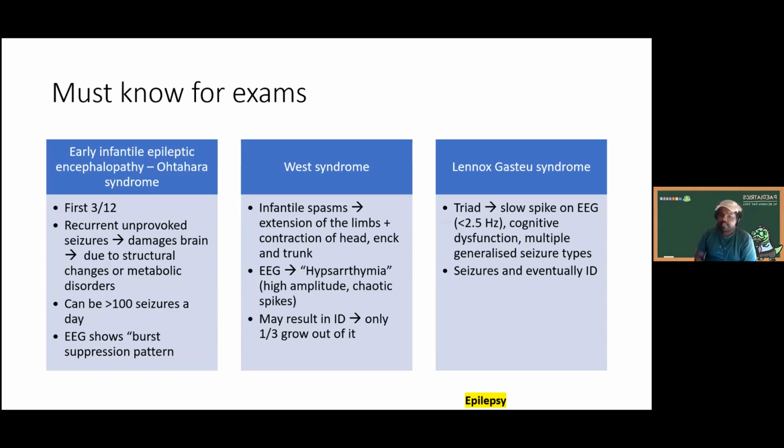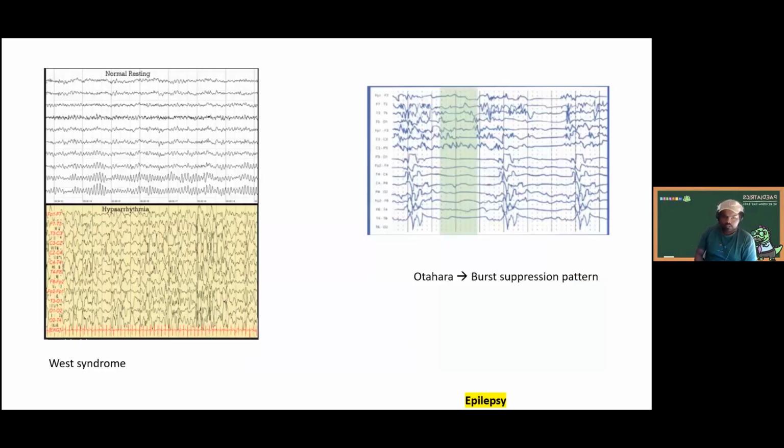The thing with West syndrome is it can also be a good differential for something like intussusception, which I think Ben went through before. So you've got that extension of the limbs and then that drawing up that can present. Looking at West syndrome, there's the hypsarrhythmia, and in Ohtahara you're seeing that burst suppression. After that quick burst, there's that really flat line in the EEG, which is classic of Ohtahara. And then with the West, you're getting that hypsarrhythmia, so multiple chaotic EEG